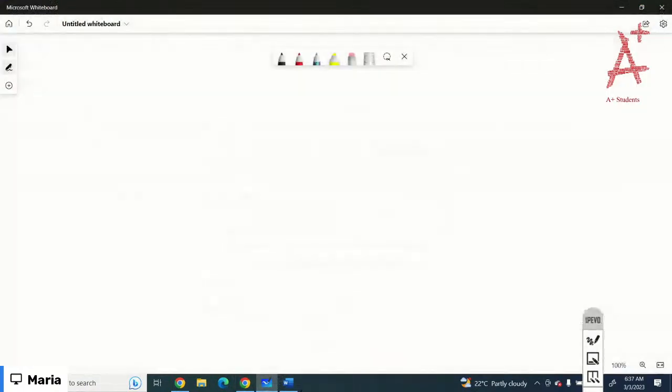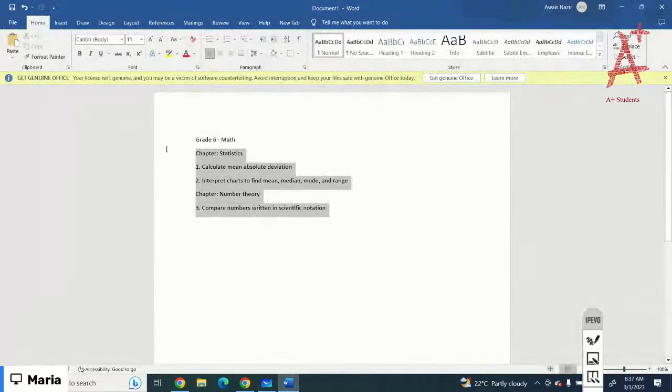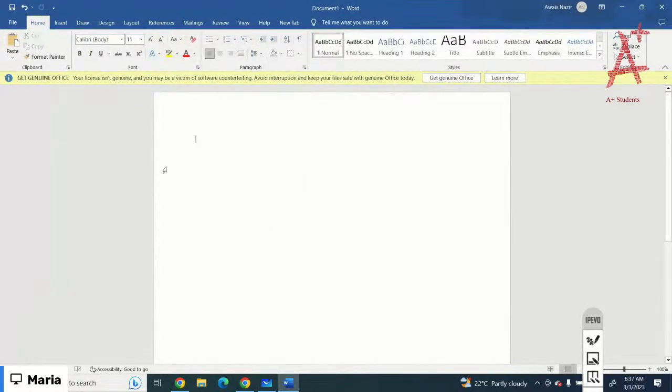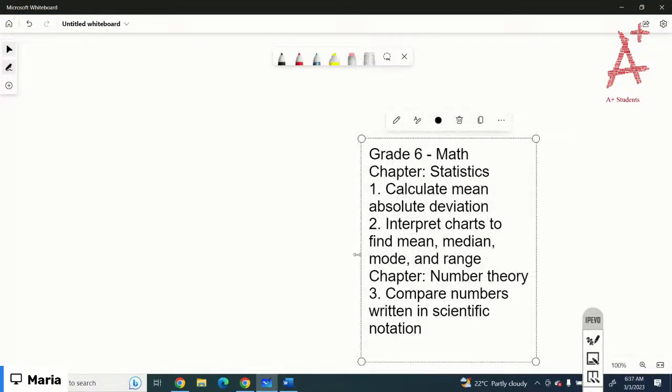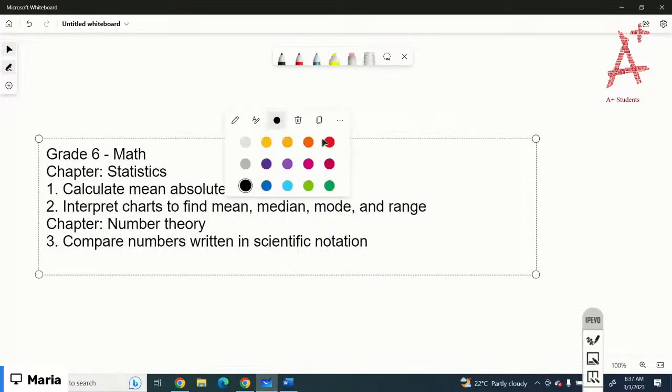So we were working on grade 6 maths. We've started with the chapter statistics. In lessons we have done are calculate mean absolute deviation and interpret charts to find mean, median, mode and range. The one we just completed is from chapter number 3, and the lesson is compare numbers written in scientific notation. So please make sure before the next session you complete all the test questions for the lessons